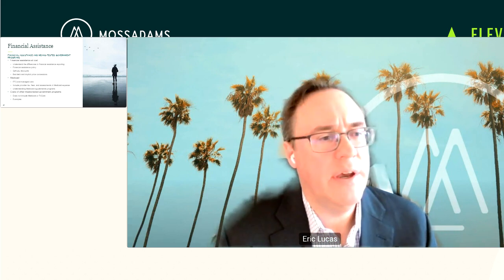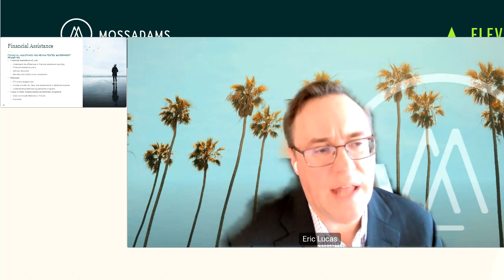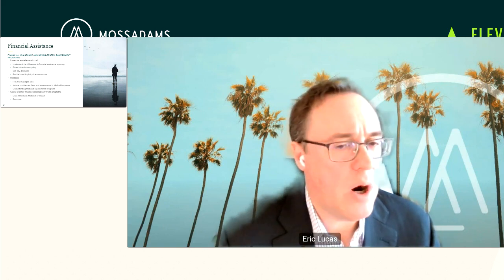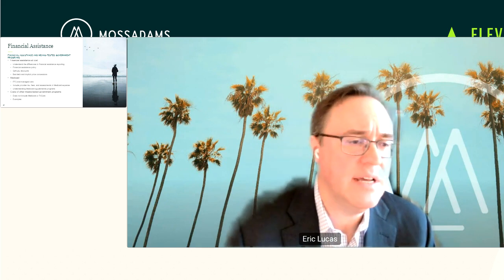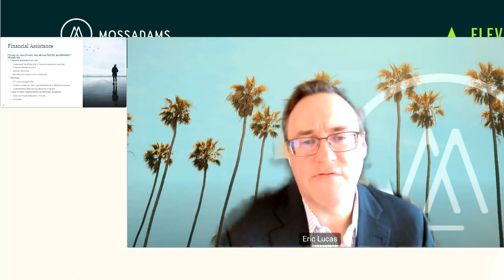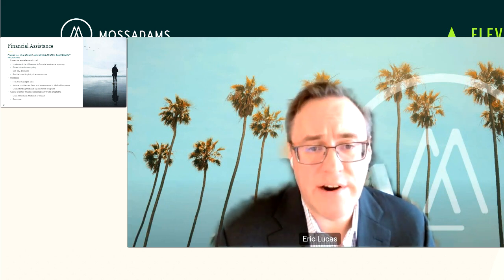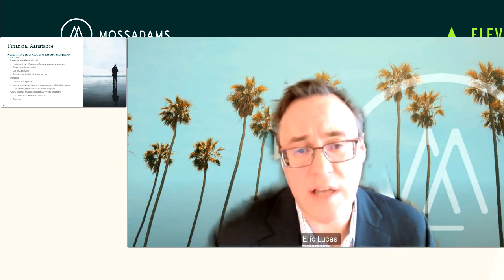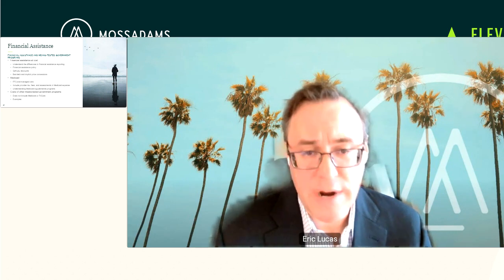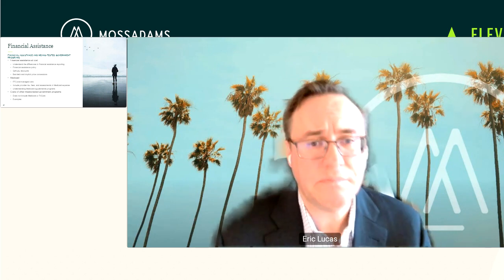So starting with the first 3 lines of part 1 of the report, where you'll see a lot of the community benefit reporting. The first, of course, is financial assistance at cost. The process involves identifying gross charges that have been written off to charity, and applying the cost to charge ratio or your cost accounting system to bring those down to cost. There's 2 things I tend to see here. Number 1,